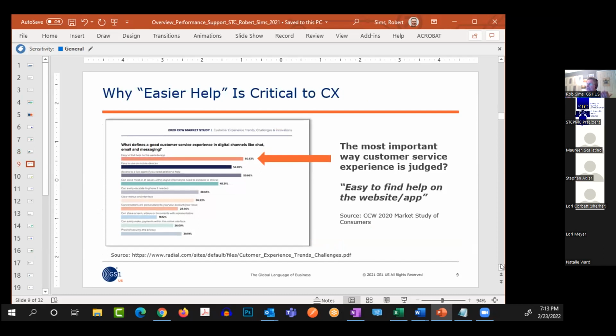Before I get into it, I found this paper, and I found it really interesting because when you talk to consumers about the key to easier help, the number one answer is easy to find help on the website or app. I always found that fascinating. Coming around to my revolving door joke, that was a challenge for marketing too: how do I make my marketing content easy to find? It's the same challenge with the customer service digital experience. Just make it easy to find. That seems so simplistic, but that really is the challenge. That was the challenge for us as well: make the answers easy to find.